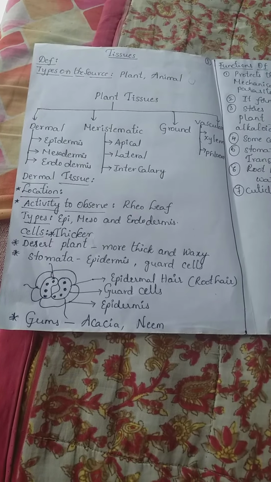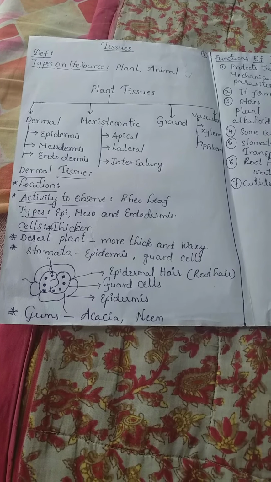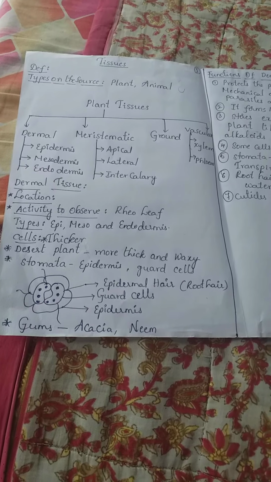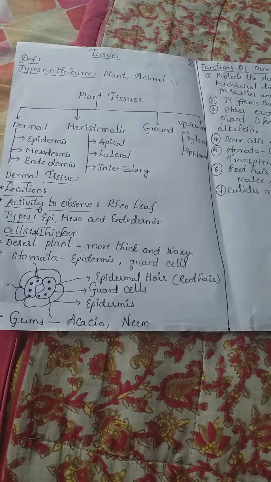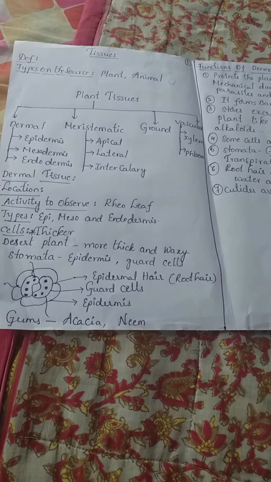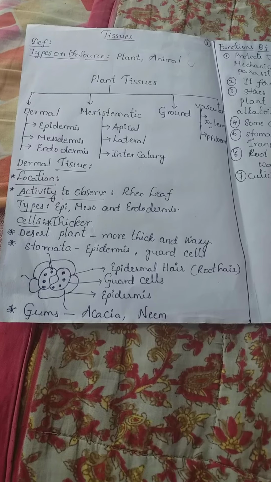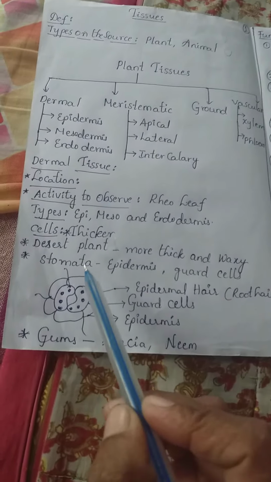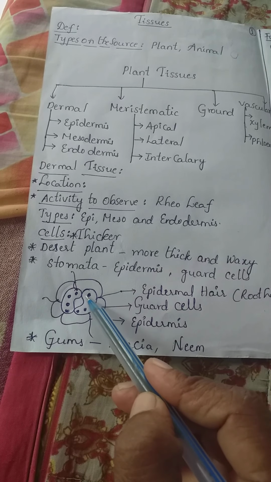Next one, stomata is present in epidermis. If you see the transverse section of a leaf, the upper epidermis and lower epidermis are there. In the lower epidermis stomata are located, that is epidermis only. The structure of a stomata is an opening which is formed by two kidney shaped